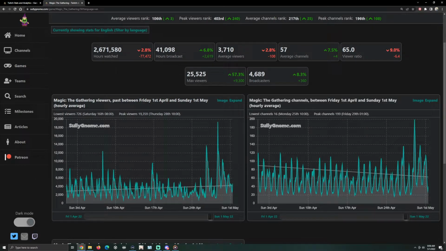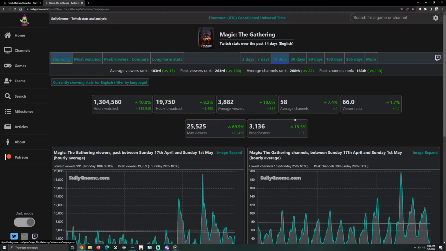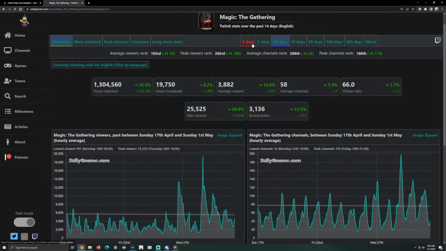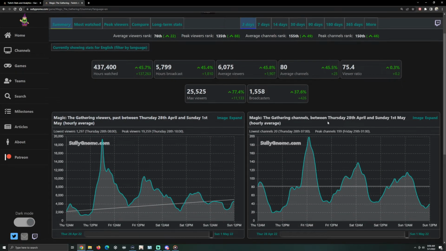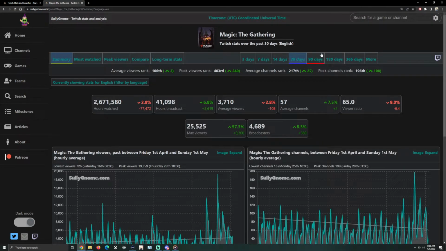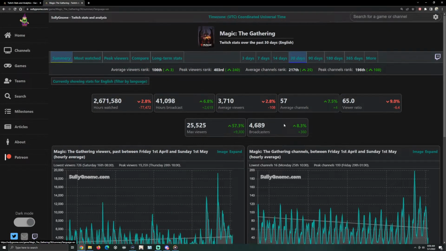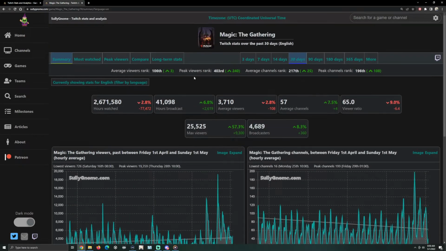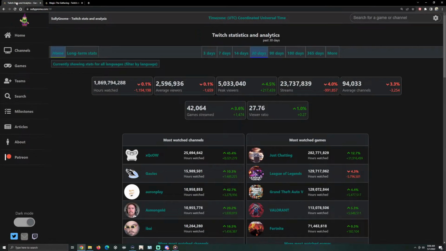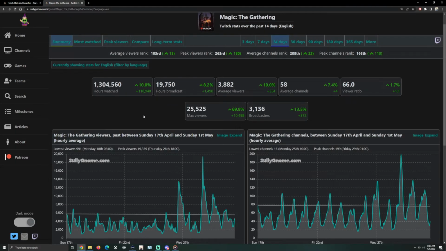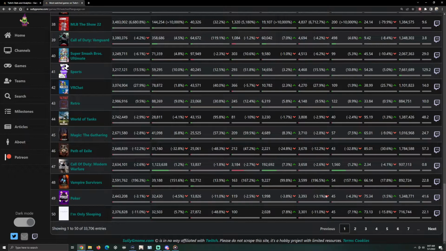Yeah, so as you can see here, average channels, you could even filter by less days. The last 14 days, you could see average channels went up, viewer ratio, max, like everything went up because the new set came out. Especially if you look at the last 3 days, it's just absolutely exploded. So this could give an idea of just how the trends are for the game. It could take a lot of time to dig through all the data, everybody, but you'll understand it as you spend more time on the website to be able to know exactly what you want to do.